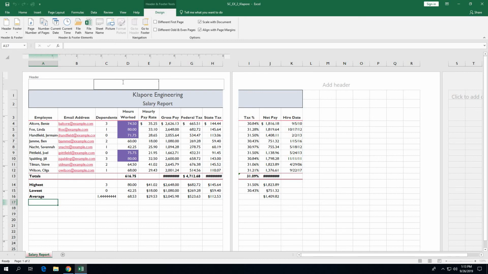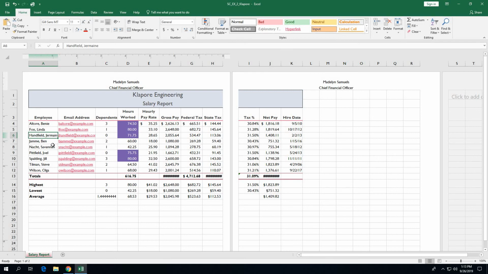And we're going to type in what's shown there on step 3 on page 2-43 in your book. We're going to type in Madeline Samuels, and then we're going to press enter and type in her title, which is Chief Financial Officer. Alright, and then just click on cell A6 to deselect the header. And then you're going to